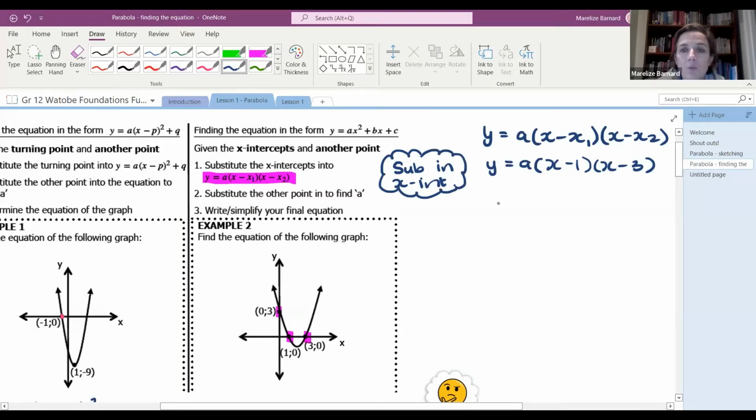And then we are going to sub in the other points. 0 and 3. Okay, so y is 3, x is 0,